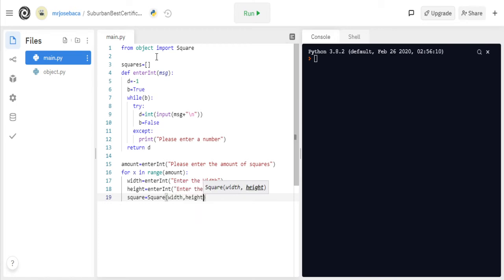The final step that we need to add, okay, is the squares. We need to add it to our list. The best way to do it, okay, is to append these ones. Okay, now that we do it, once it's finished,